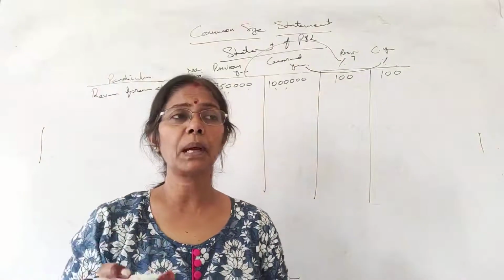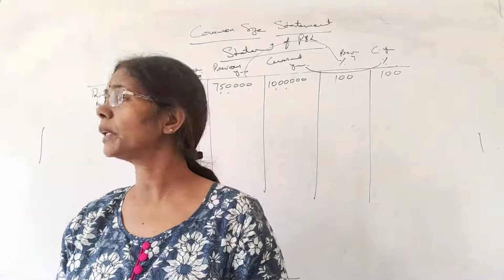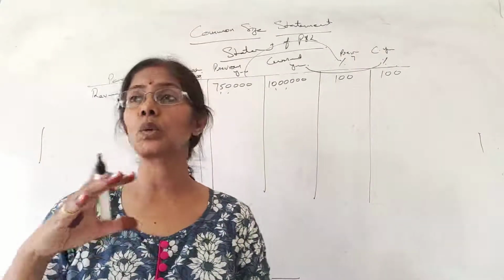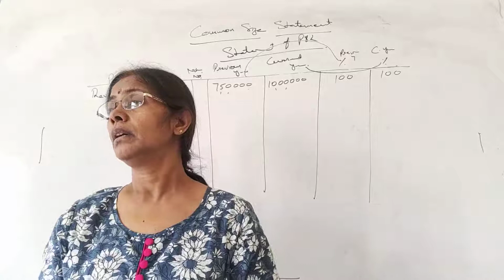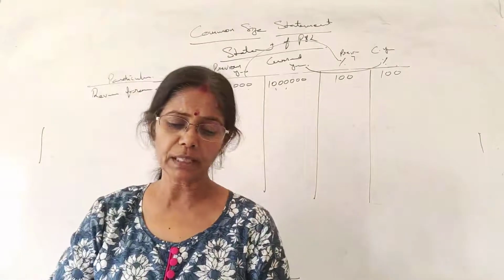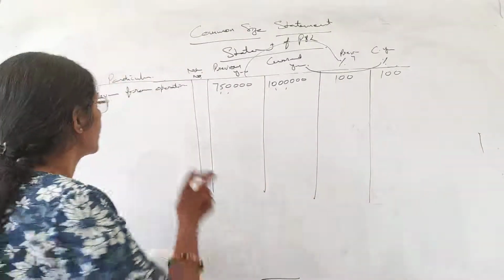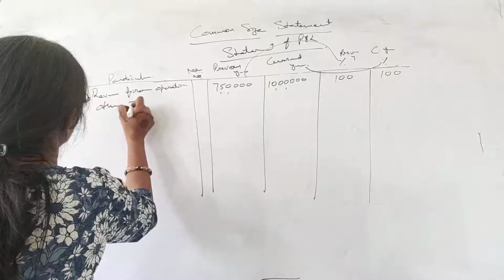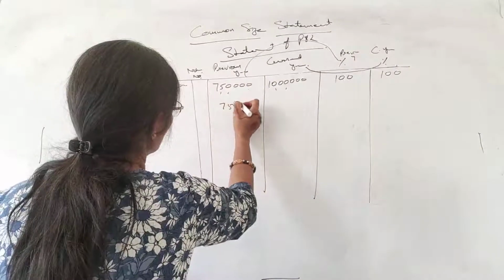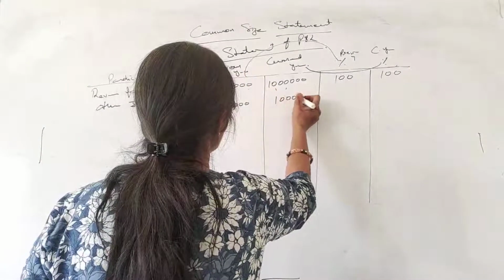Once again, students, just remember, in the balance sheet it's easy to copy down, but while preparing the statement of P&L, you have to be very conscious and careful, okay, because we have to do the total and we have to reduce something, and this thing is not available in the balance sheet. Now we have other income. If you have other income, that is added to revenue from operation. So you can solve it first. Here it is given 75,000 for the previous year and 1 lakh for the current year.